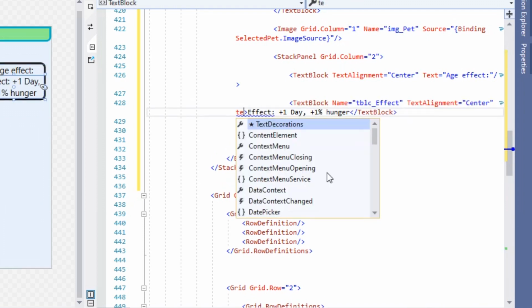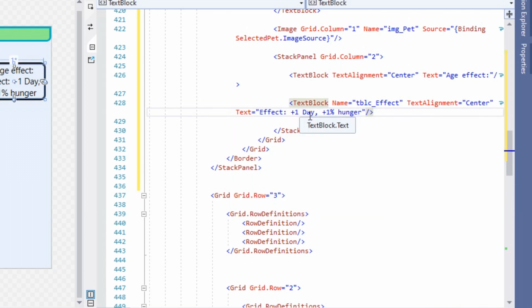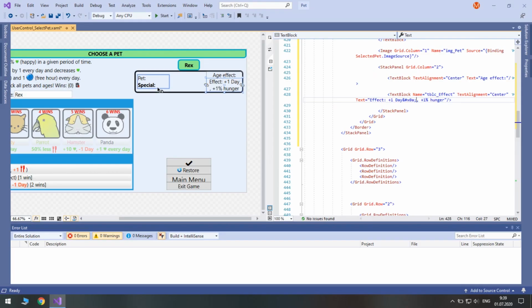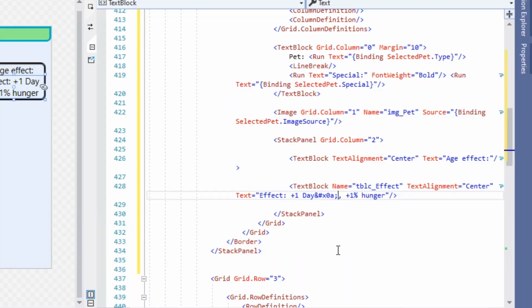Let's set its text to be +1 day, and the negative effect will be with the line break. For this we will use a special character, so type ampersand hash x0a semicolon. It's the same as making a line break, and here we will type +1 hunger. Let's just remove the word effect because we already have age effect.